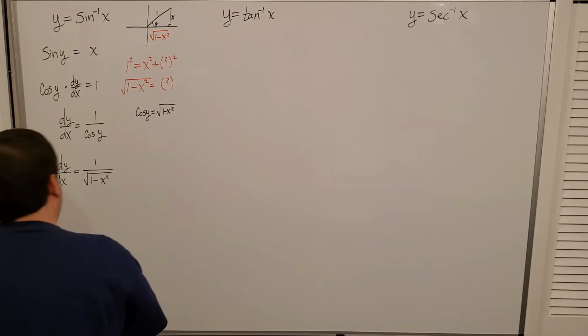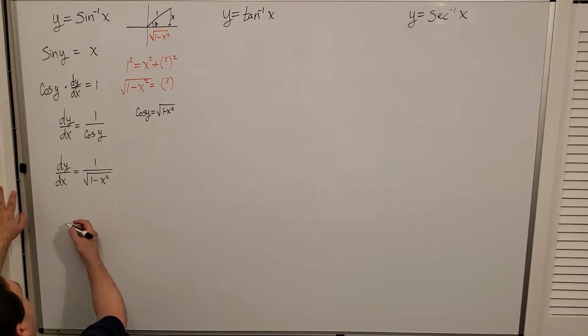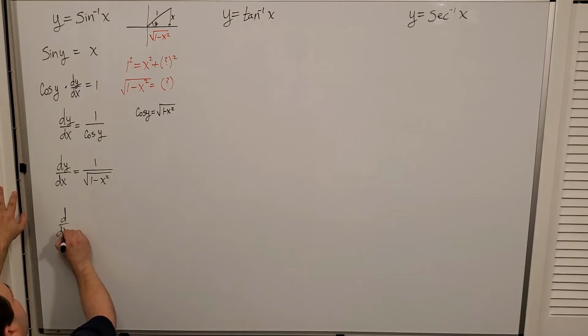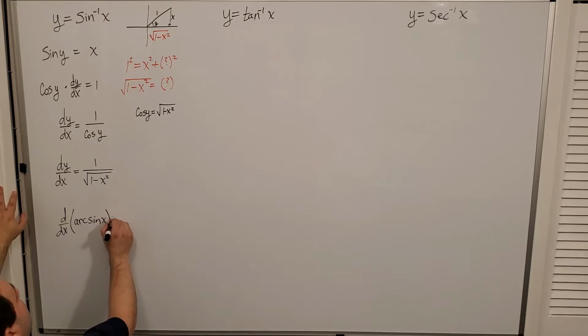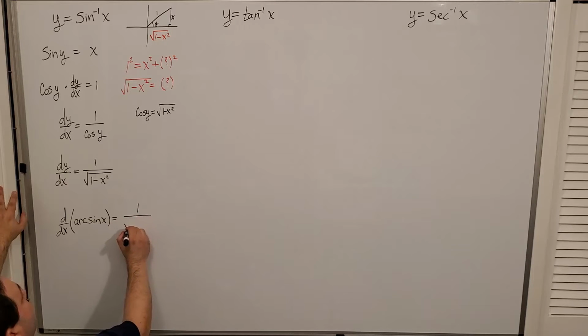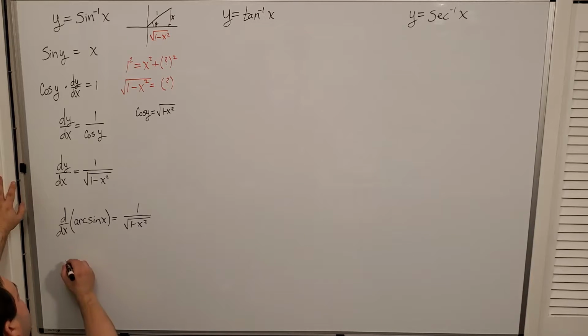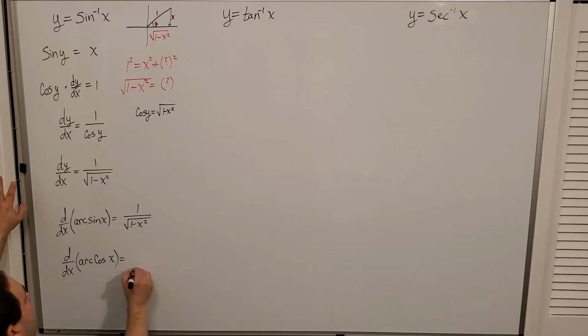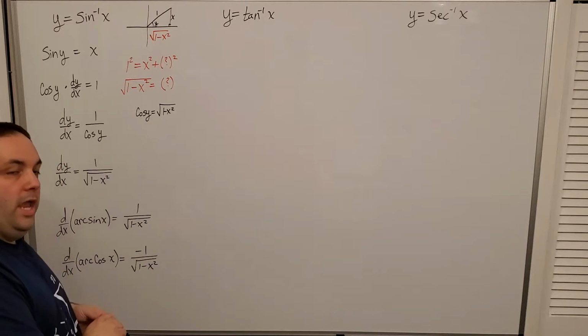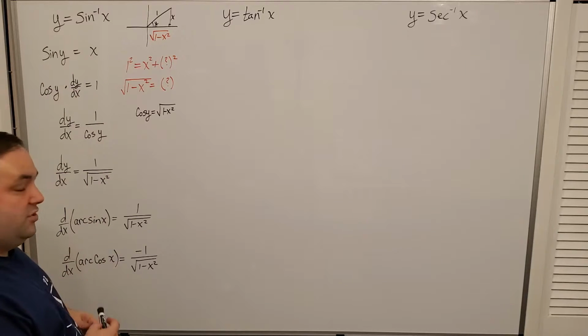Okay? So let me write down a generic rule here. The derivative of arc sine, I'll go ahead and write it the other way, is equal to 1 over square root 1 minus x squared. Okay? Now let me add a little something in here. The derivative of the arc cosine of x is equal to the negative of 1 over square root 1 minus x squared. You can do this one the same way as I just did the inverse sine, and the only